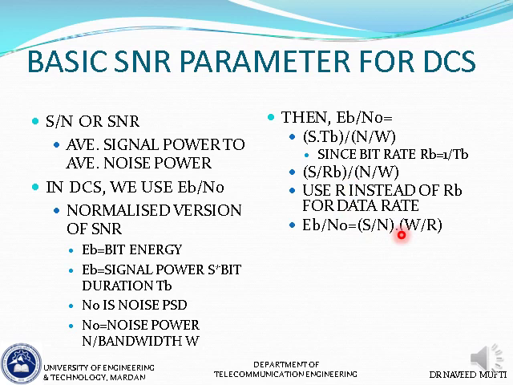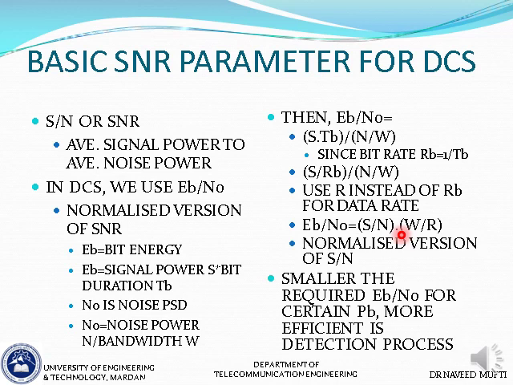तो ये तो हमने शुरू में बात की थी कि EB by n naught और कुछ नहीं है, so that is basically a version of signal to noise ratio S by N which has been normalized by bandwidth and bit rate, ठीक है, ये हमें ध्यान में रखना है। तो it is just a normalized version of S by N. So one of the most important metrics of performance in digital communication systems is usually a plot of the bit error probability PB versus EB by naught।